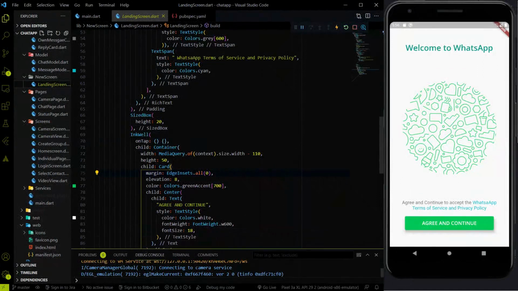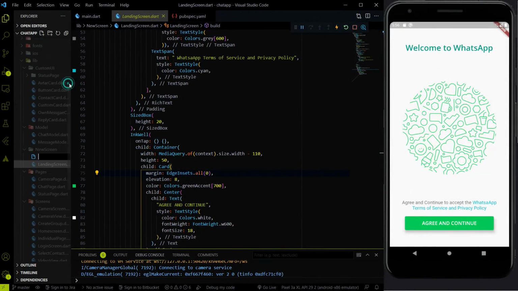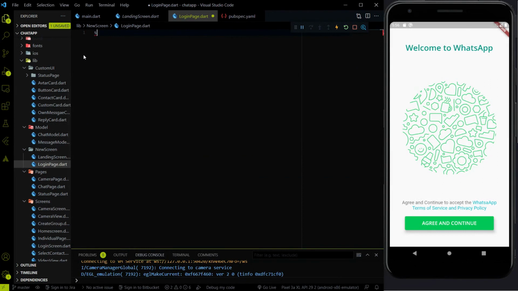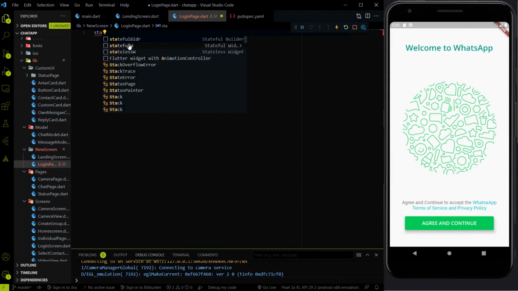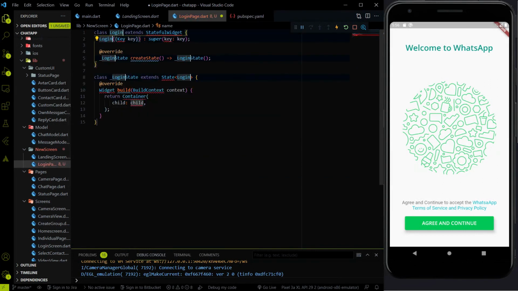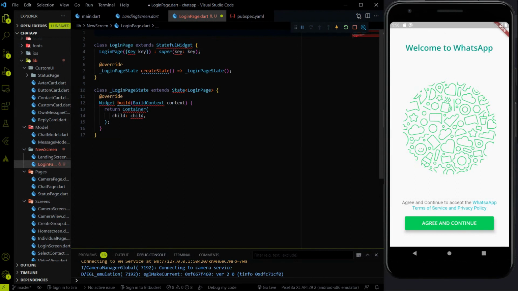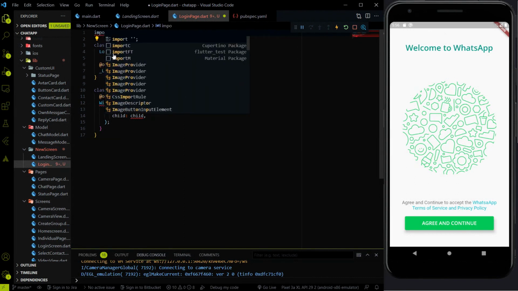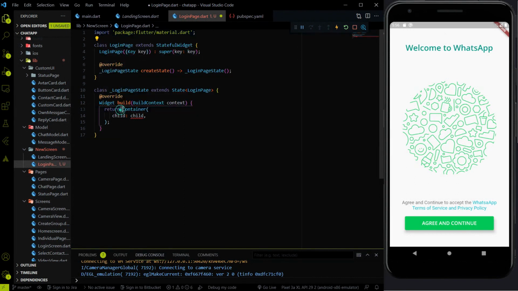So let's start the coding, and I'm going to create a new page here. That will be a login page dot dart file, and it will be a stateful widget, LoginPage. And first thing we have to import the material.dart package. So let me import the material.dart package, and after importing it, instead of the container I'm going to use the